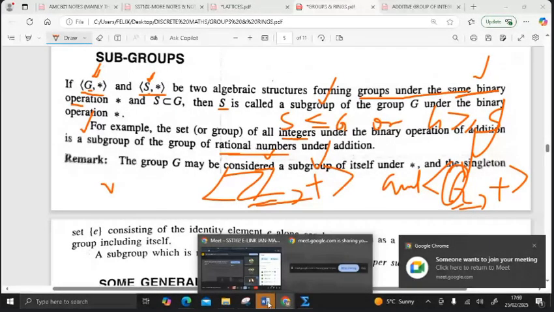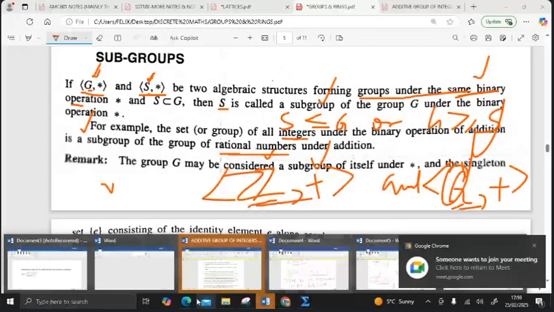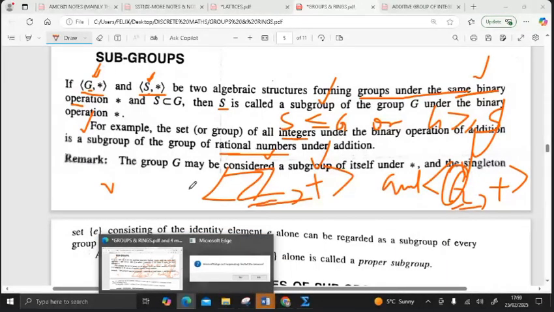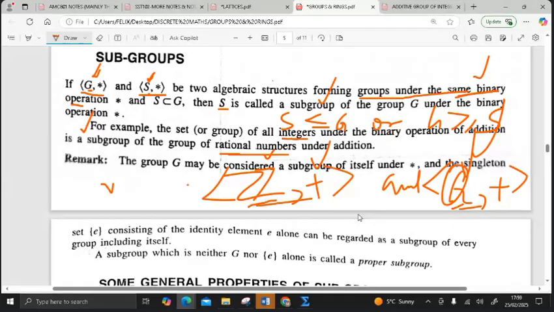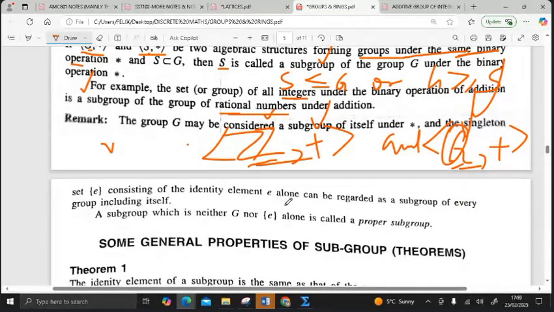But the set of integers is a subset of the set of rationals. Every integer is a rational number. Every integer can be expressed in the form A over B, where A and B are integers. And in that case B is always 1, right? And therefore, this one is a subgroup of that. But I would not want to delve so deep into that. Just have that brief definition of what a subgroup is, and also this example, just in case you are asked to,